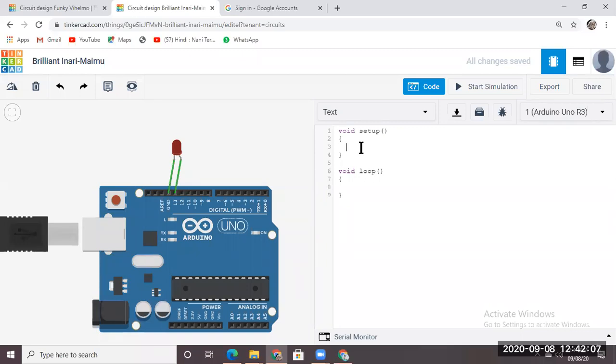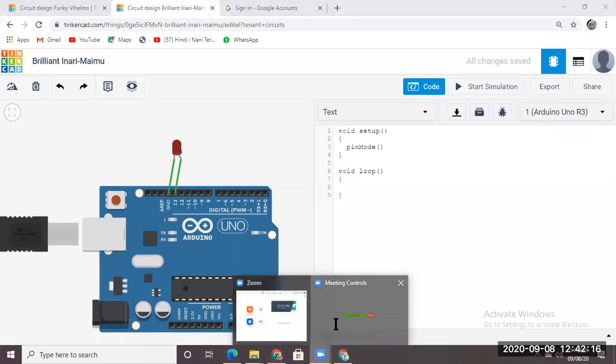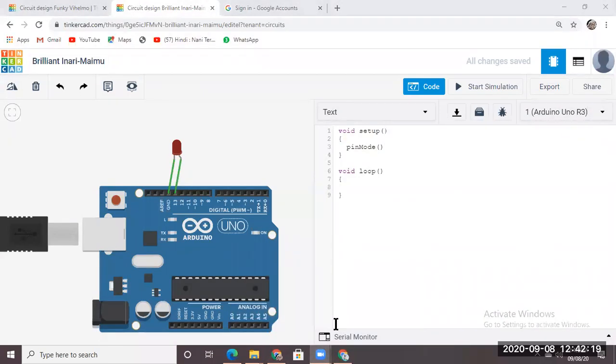So here we write the pinMode, right? The pinMode is used to do the connection.